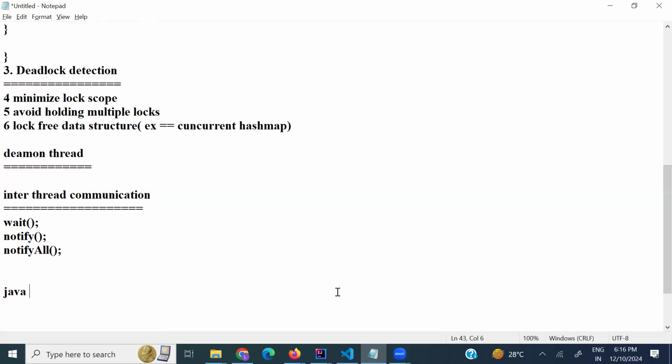Java packages, Java concurrent package as well. Isn't it like executor? For example,